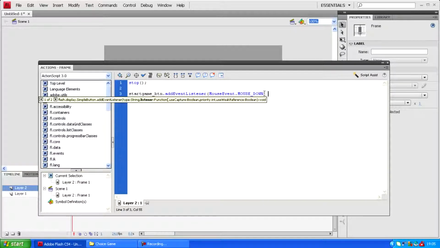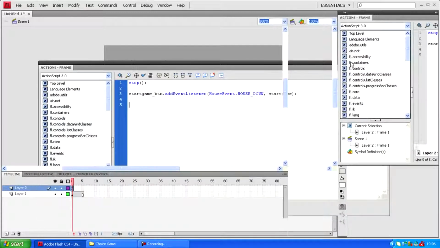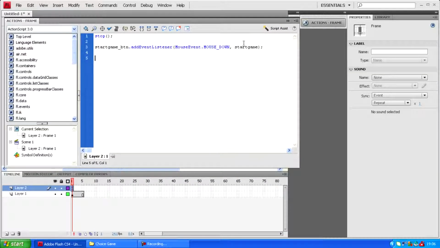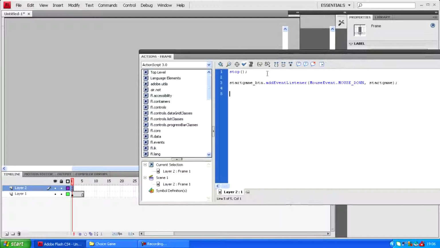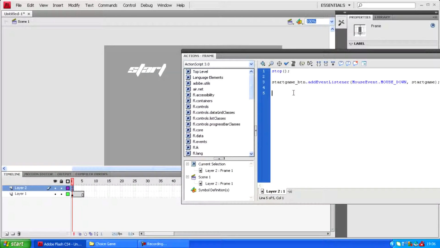That means when the mouse clicks it, and then you want to type in the function that you want it to execute when it does so. Call it startGame, and that's going to be a function. So when the button is clicked, it's going to go to the function called startGame, and to create a function, it's function,